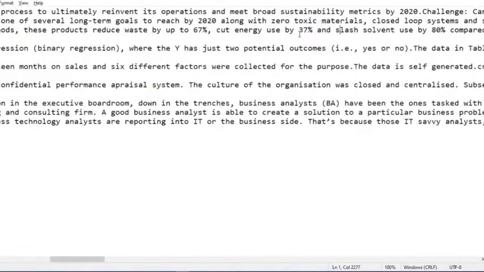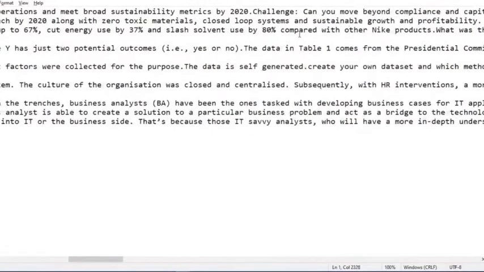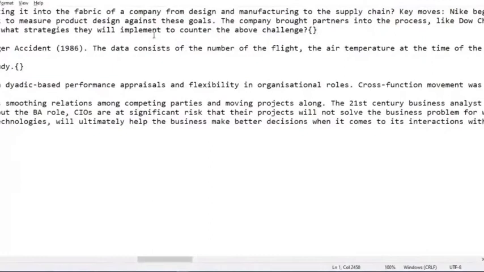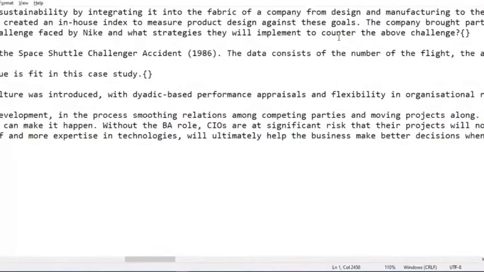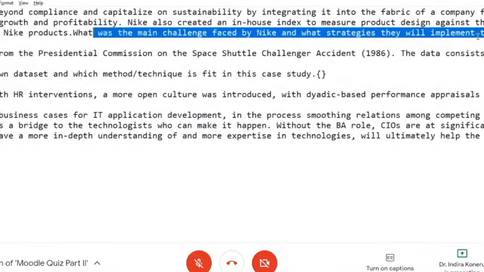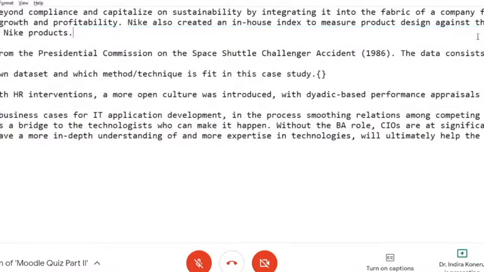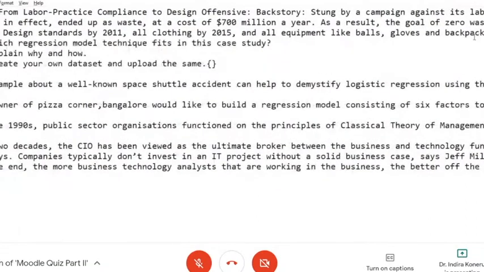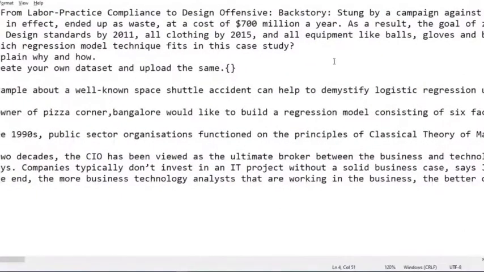Yeah. So what did they do? Before training, they added this question at the end. So what strategies? Can you see this? The continuation. Now what I am doing is, this is the question. See what it is. I am deleting this and adding this. And here I have my curly braces. If you want to have multiple questions under one case analysis, that is also possible.